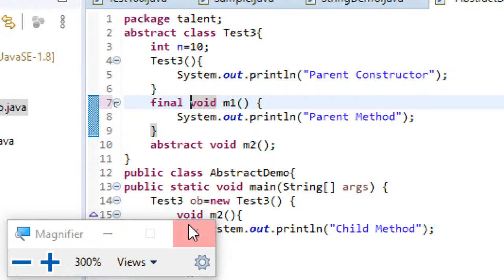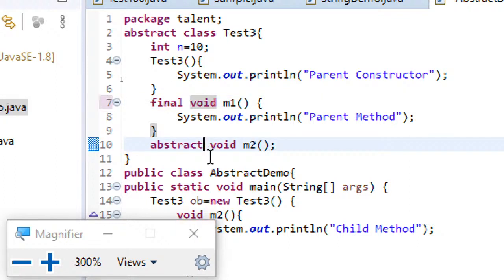But now what do you see? Now you can see that if I say abstract final void m2, it is raising an error. So abstract and final cannot be used together. Remember this point, underline this point.